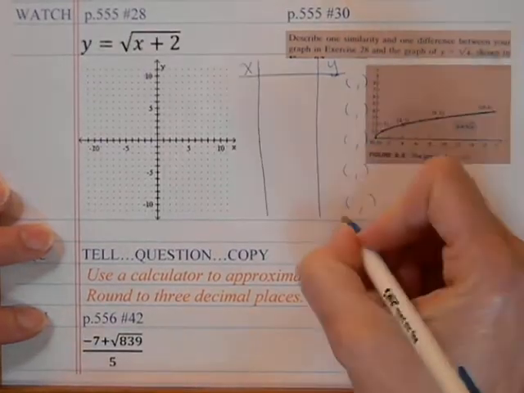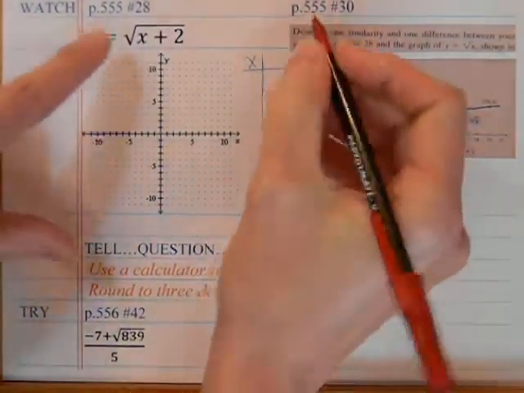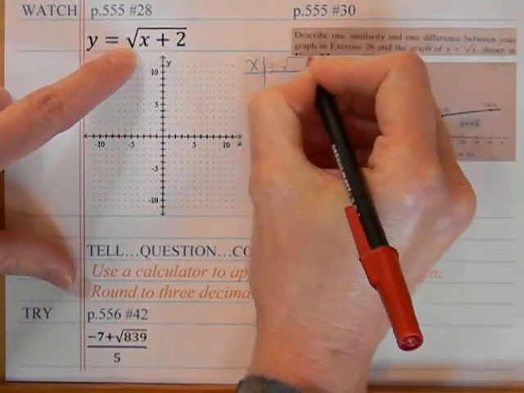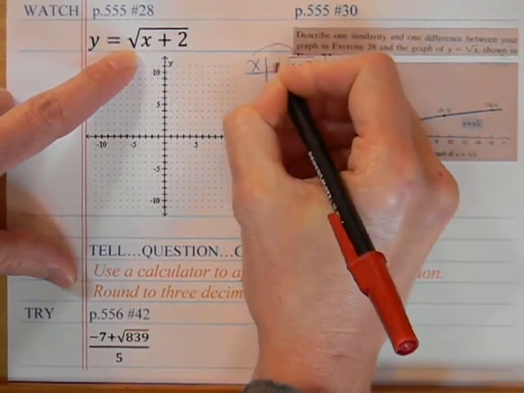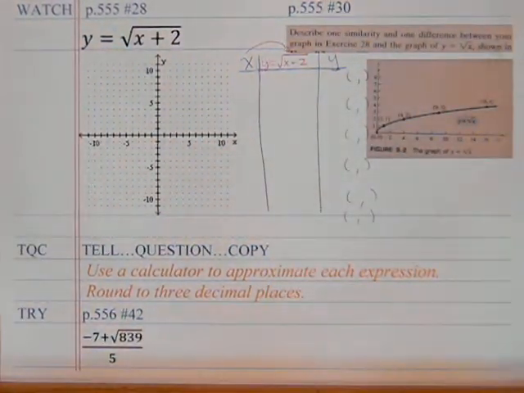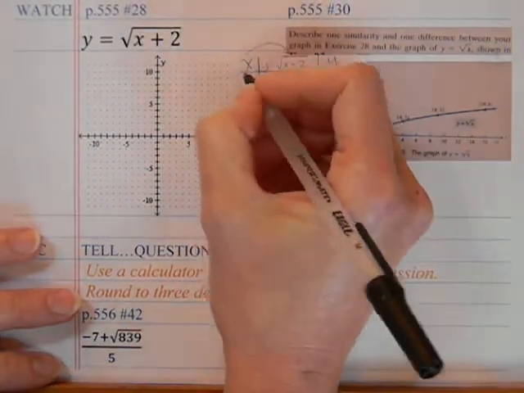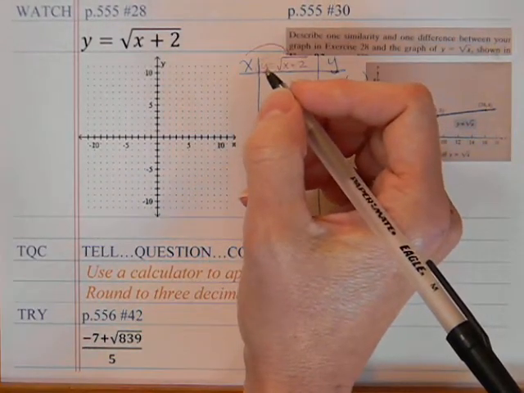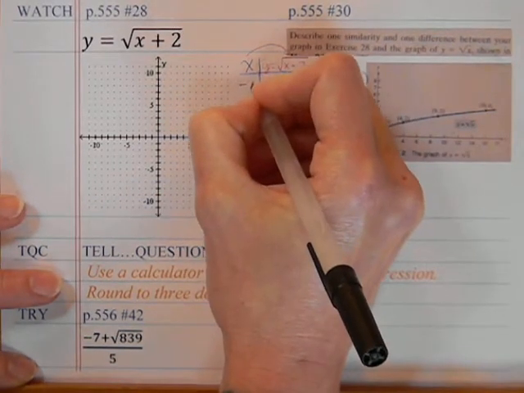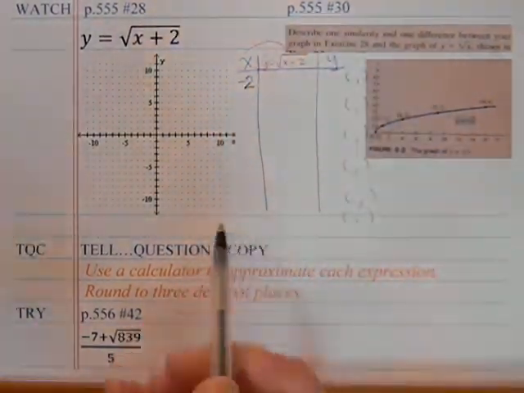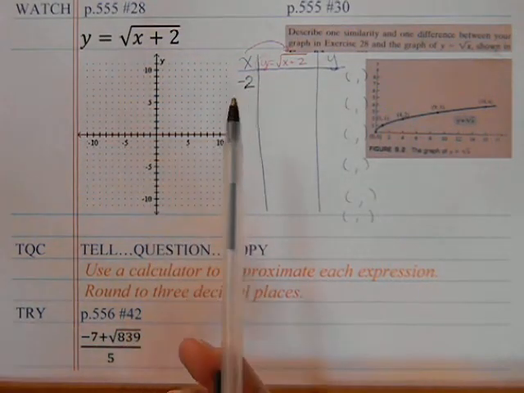What we'll do in the middle then is plug that into it. Y equals the square root of x plus 2. So we'll take our x and plug it in, get our y value out. Okay, so let's pick some points here. Let's do some negatives, do some positives. When we do -2, let's try that. This is an opportunity for you to engage your brain,